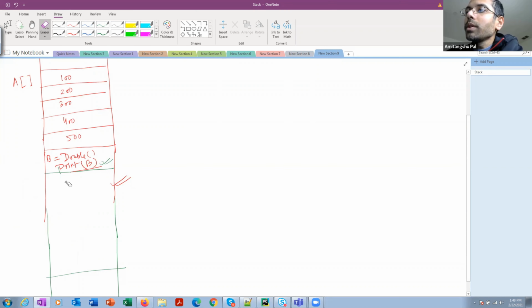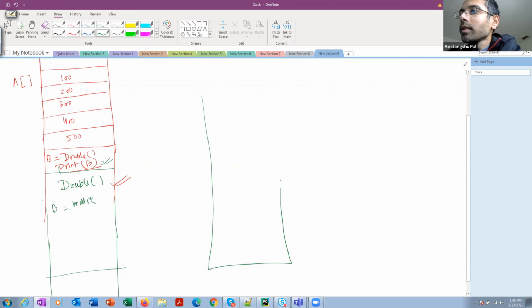So now whenever you are calling the double function, one stack frame corresponding to this function will be generated, and here you are writing b is equal to malloc. That means in the heap space, a portion of the memory is allocated, and b points to the starting address of that memory chunk.